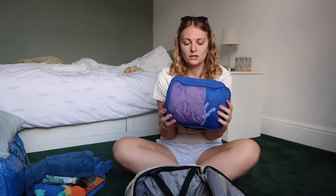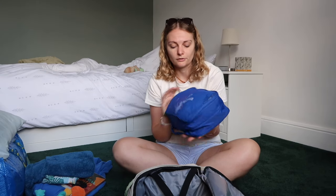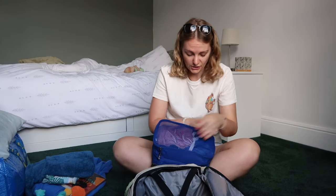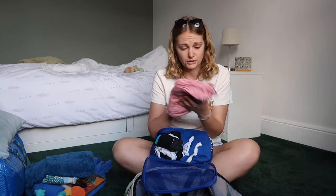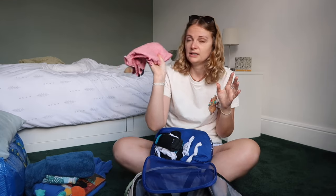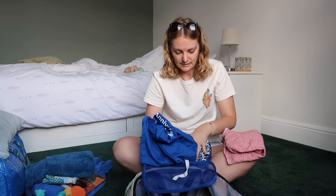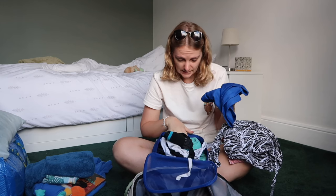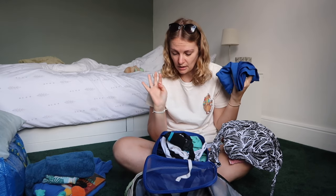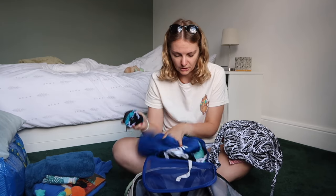I then have this packing cube of clothes. This is one of those double-sided packing cubes that's a clean and dirty one from Eagle Creek. So in here I have clothes for tomorrow. Ideally I'd wear the clothes that I'm wearing today, but I'm the muckiest pup, so I'm taking a change. I've got a t-shirt and loose fitting trousers. I've got a pair of pajamas in here. I have a sports bra, change of underwear, and also my running stuff for tonight